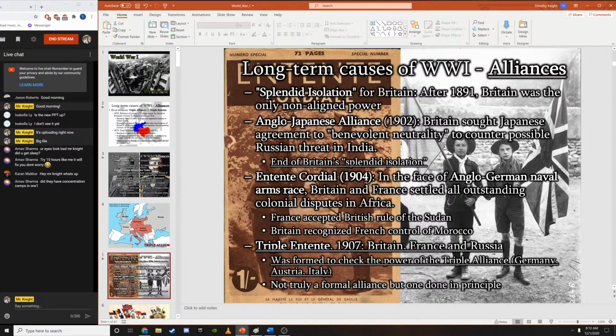Britain, for a long time, was in this period of time known as splendid isolation, as they called it. The idea basically being that,